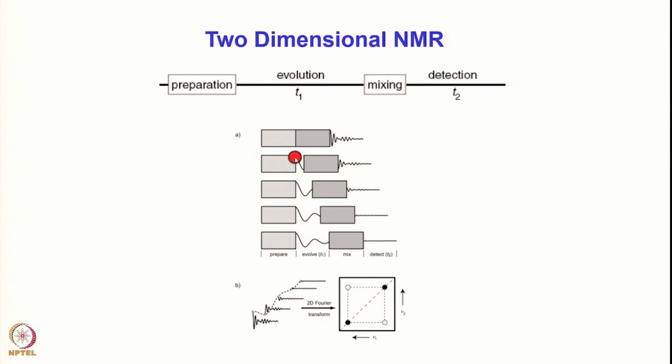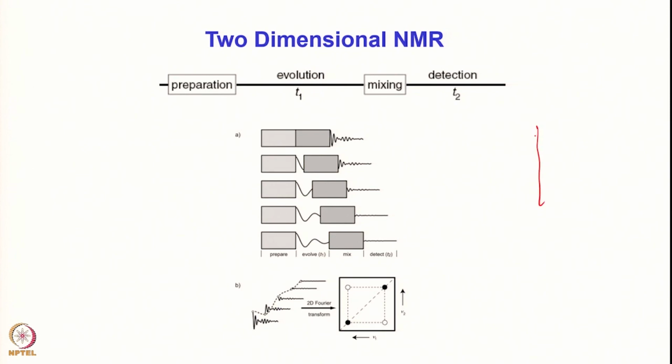If the increment here is delta T1, here it will be 2 delta T1, here it will be 3 delta T1, here 4 delta T1. So you systematically increment this period and then you collect the FID every time. So second FID, third FID, fourth FID. So this is like doing the digitization. When you are collecting the FID,